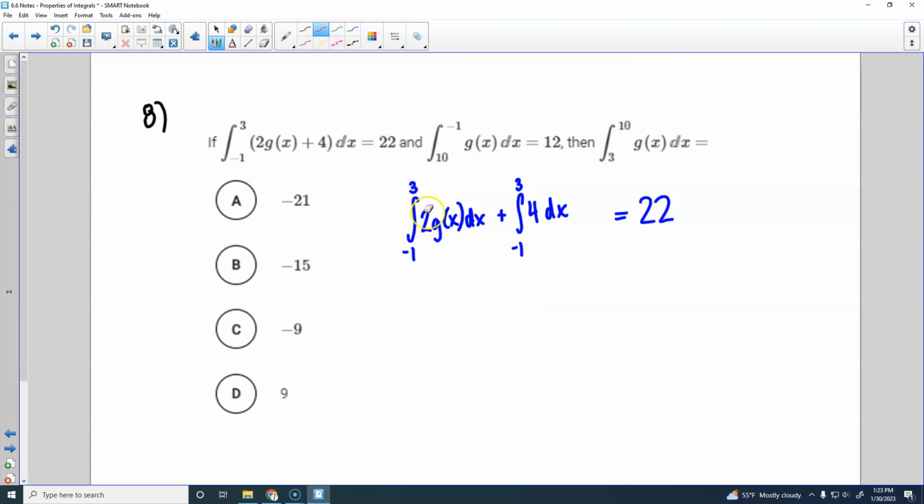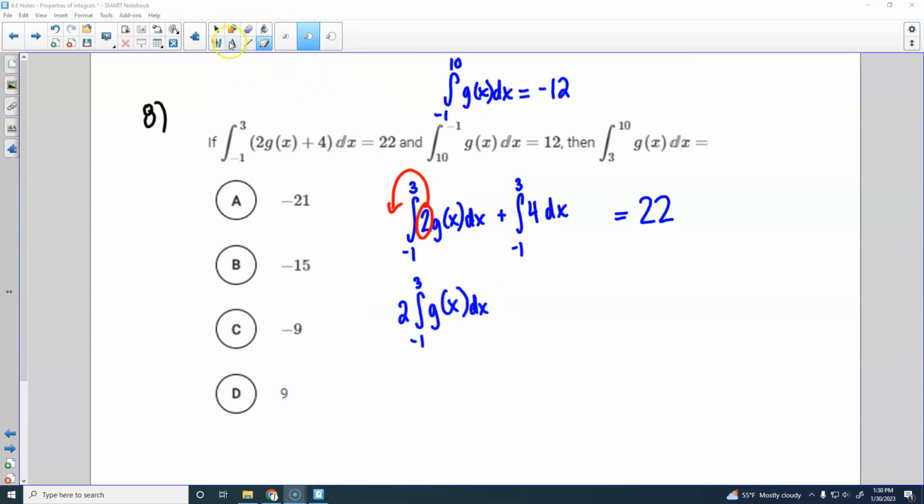So this 2 right here, we could pull it out as a coefficient. And if we do that, that's going to look like this. We'll have a 2, and then the integral from -1 to 3 of g of x dx, plus we'll have